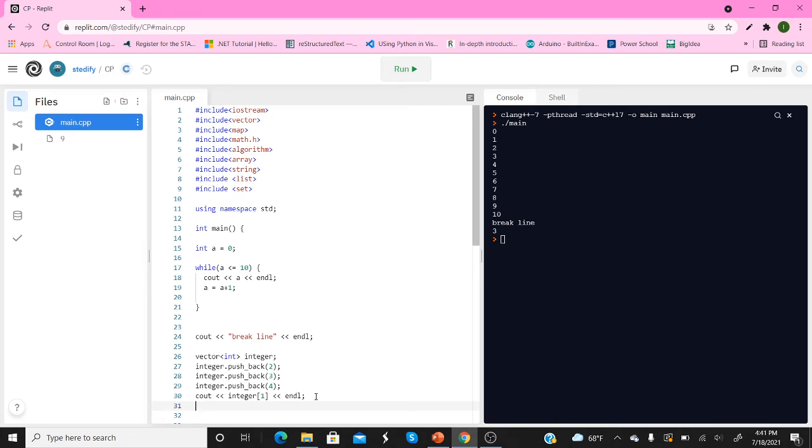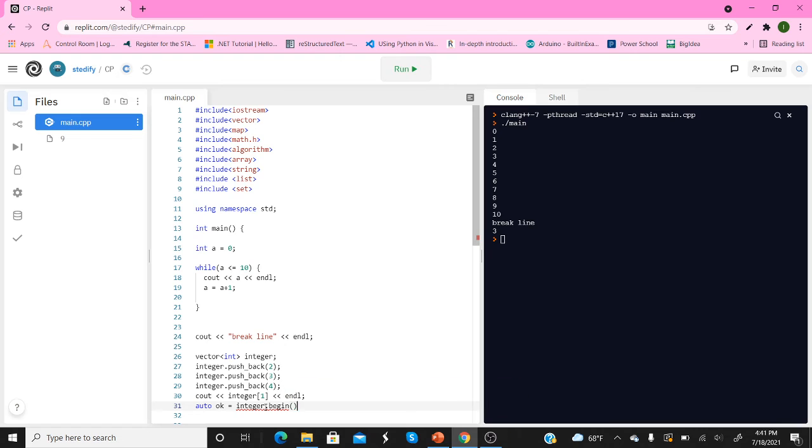So you can also use iterators. In an iterator, to get the iterator going, you can just type in auto and then the variable name. So I'm just going to do auto ok is equal to. To get the beginning element of a vector, you can just use an iterator. Auto ok, the variable name, whatever you want to name it, I'll just name it ok, is equal to, and then we'll do integer